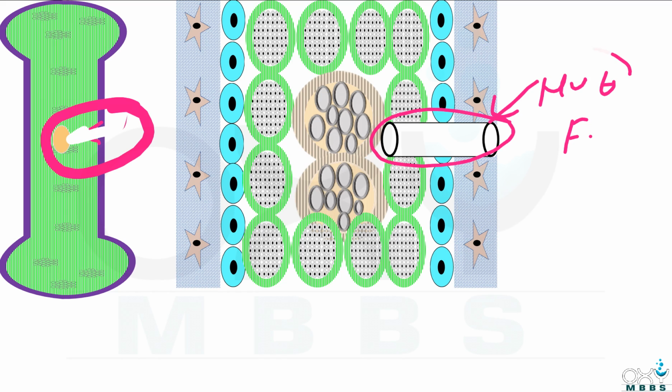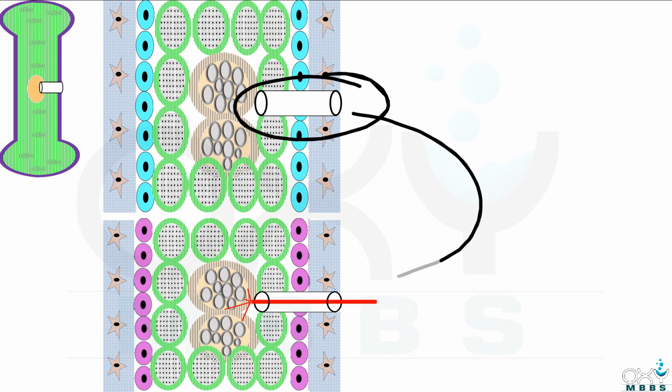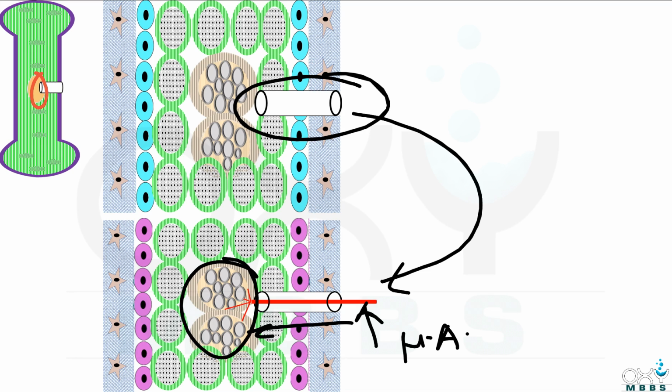And this nutrient foramen is made for a purpose. And what is that purpose? Let's see. So through this nutrient foramen, the nutrient artery enters. So this is the nutrient artery, which goes up to the mid region of the cartilage model, and then it gives branches in the middle part where a small degree of ossification takes place.